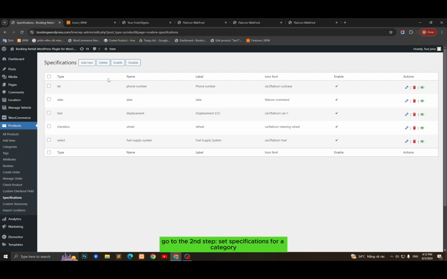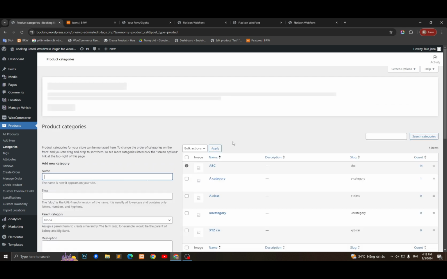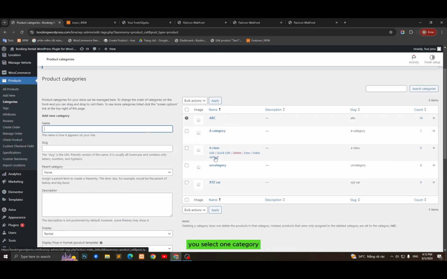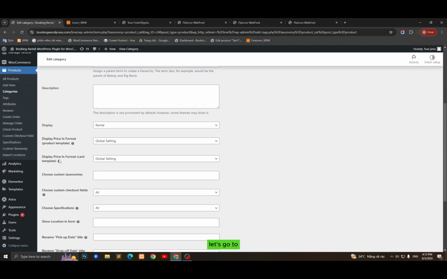Go to the second step, set specification for a category. You go over products, category. You select one of categories. For example, I select